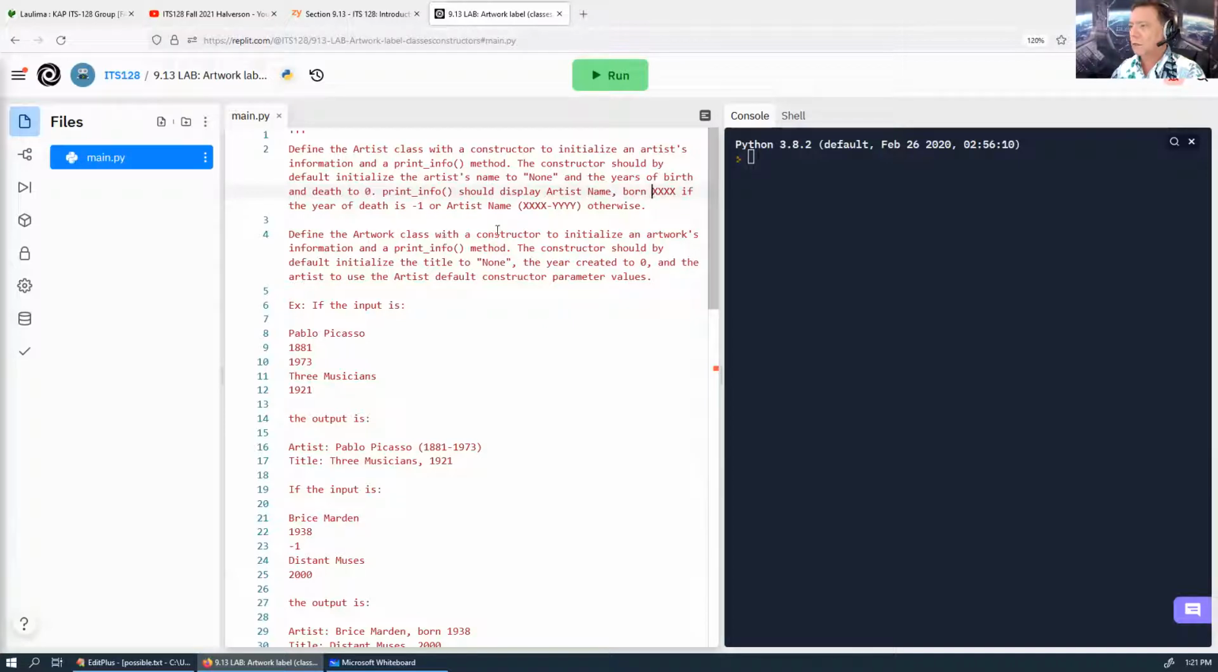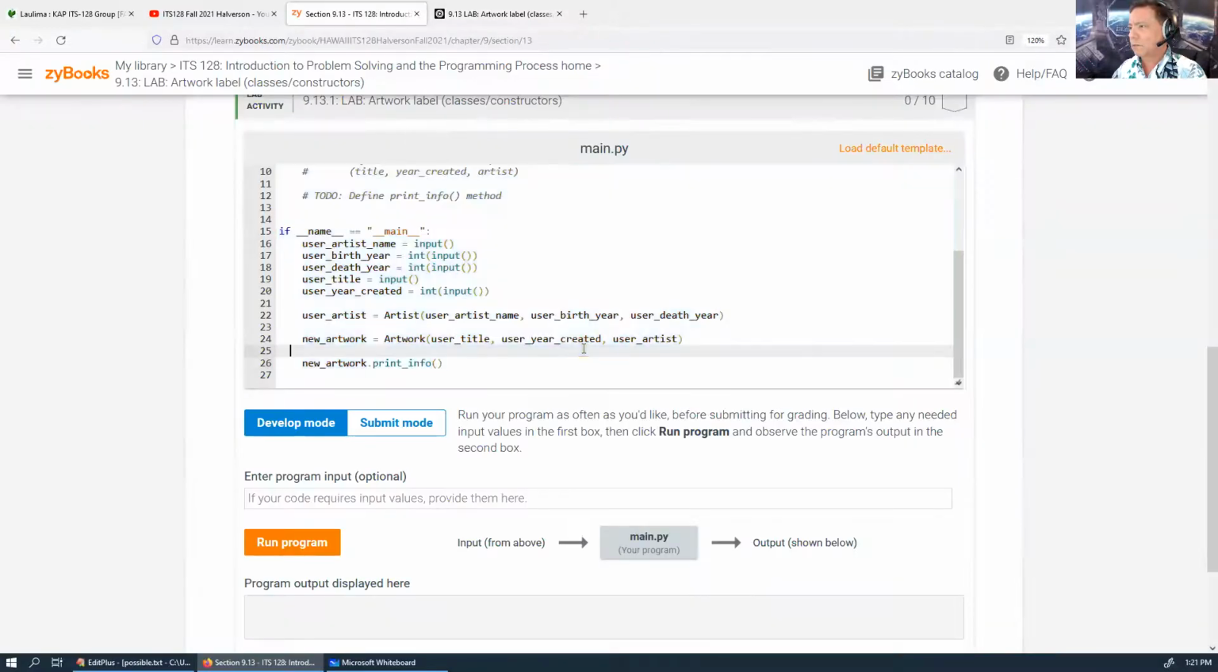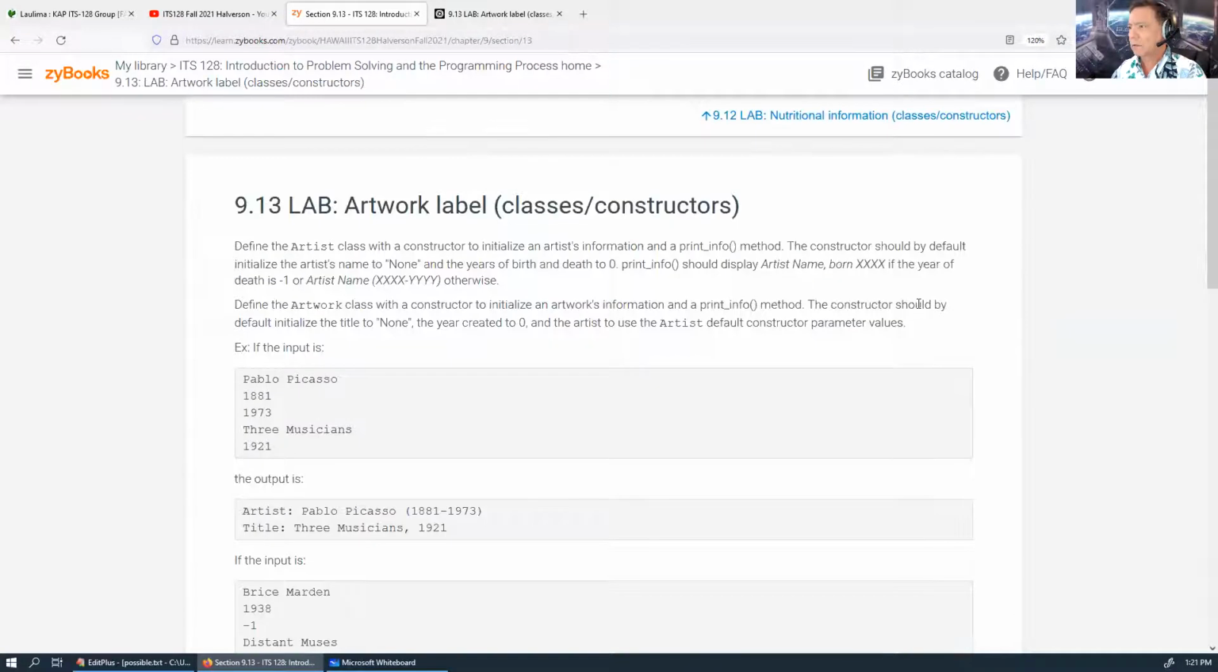Define the artwork class with a constructor to initialize. Oh, okay, so now we're going to do an artworks class. We're going to do an artist class and an artwork class with some defaults, and use the artist default. I think I'm missing some italicized things or something here. Okay, I don't think that got in there, but so anyway,